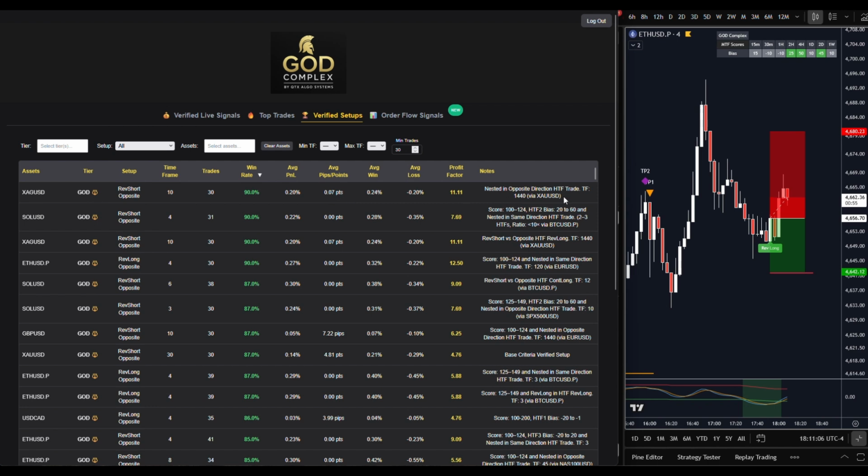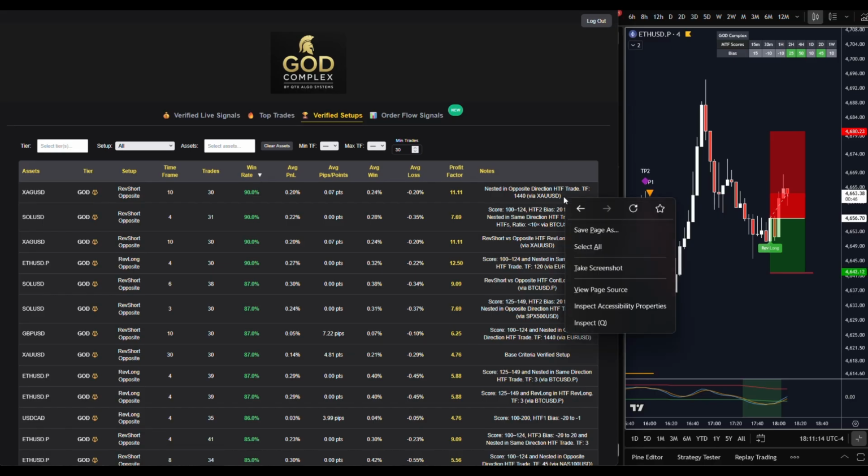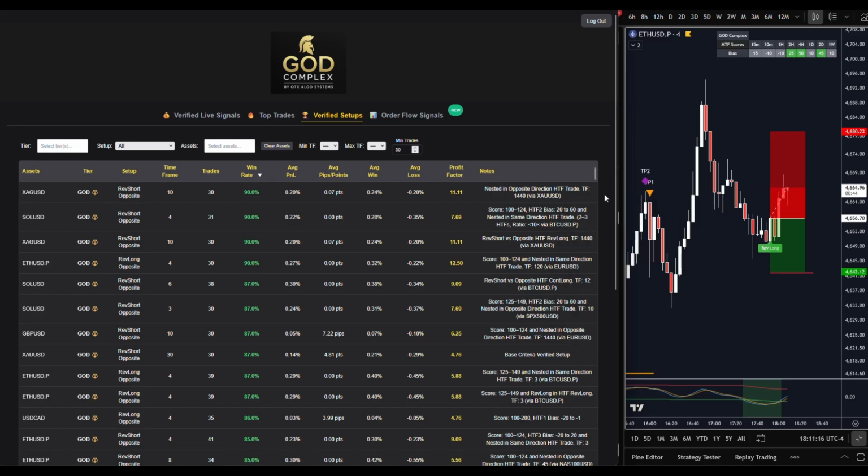Notes are going to be quite descriptive and possibly confusing. In the end of the day, it doesn't matter too much for the user to understand what the notes are saying. It's more for the data collection and things I do on the back end. But for this one specifically, Silver USD, when there's an opposite direction, high time frame trade,